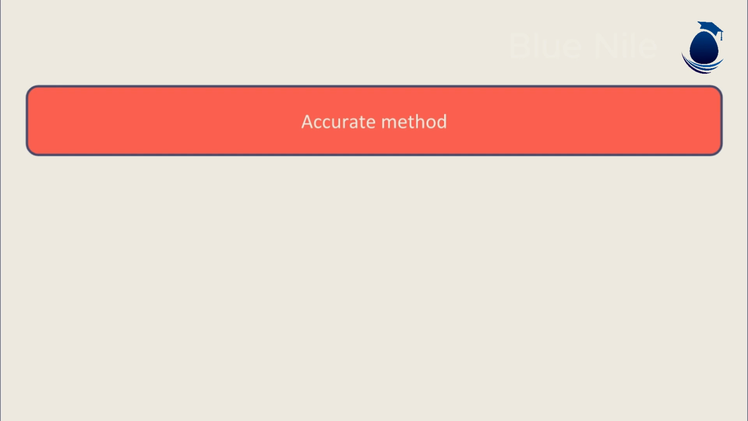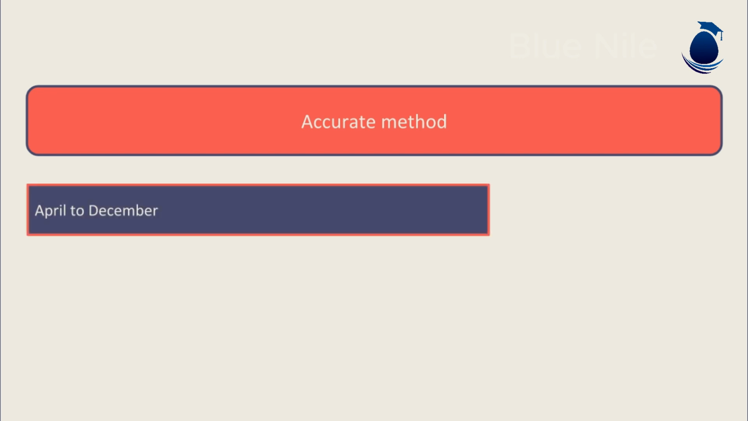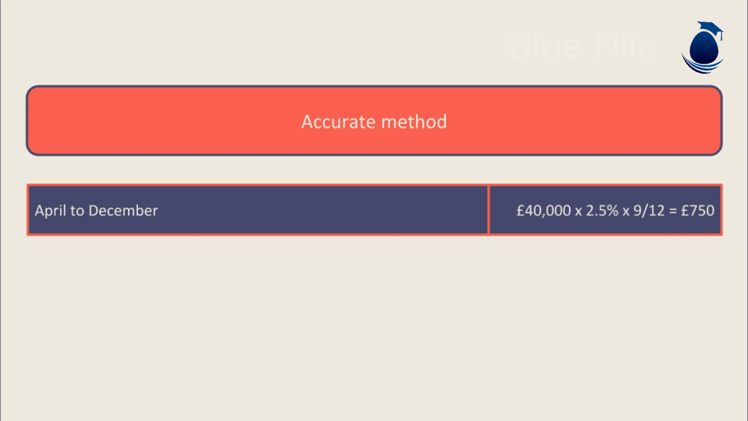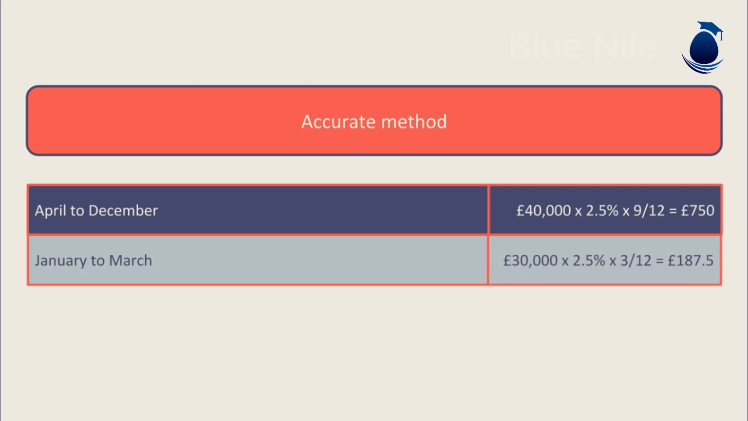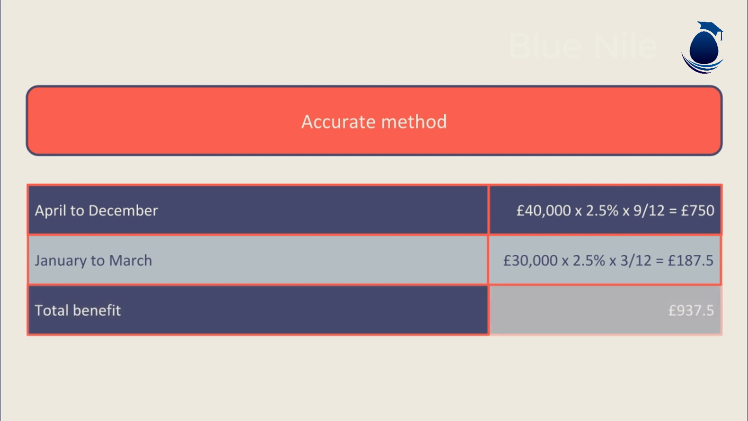If we rework this using the accurate method, the calculation would be to take the £40,000 loan balance at the end of the months of April to December, so 9 months in total, and then the reduced balance of £30,000 at the end of the months of January to March, so 3 months, and then charge interest accordingly. So for April to December, we'd have 40,000 multiplied by 2.5% multiplied by 9/12, so £750. For January to March, we'd have £30,000 multiplied by 2.5% multiplied by 3/12, so £187.50, giving a total benefit then of